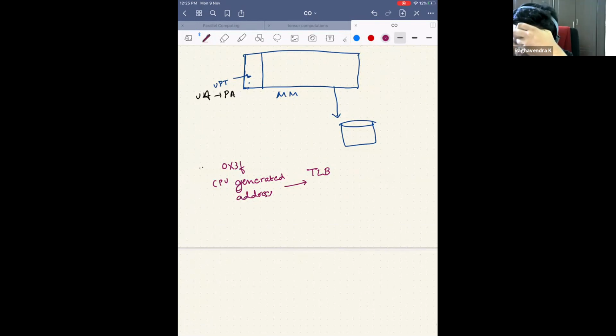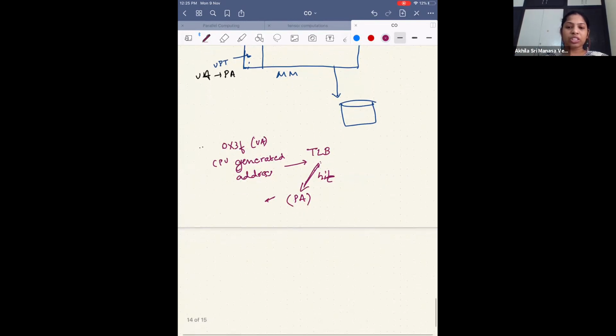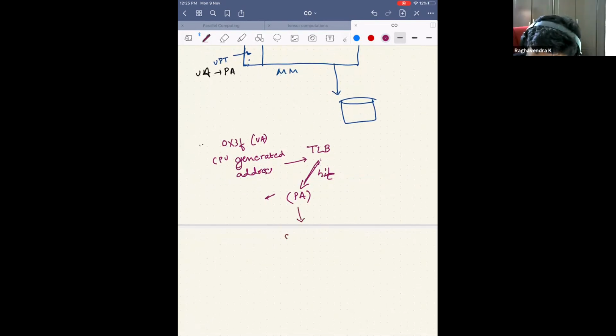Yeah. Now can you see your compre exam paper? Yes. Okay, excellent. So now I go to the TLB. If it's a hit in the TLB, let's say it's a hit. TLB hit, right? Then the CPU generated a virtual address, and I get a physical address. Now what do I do with the physical address? We can match it with tag bits in cache. Yeah, I search in cache.